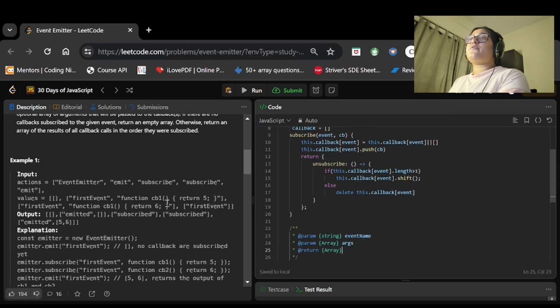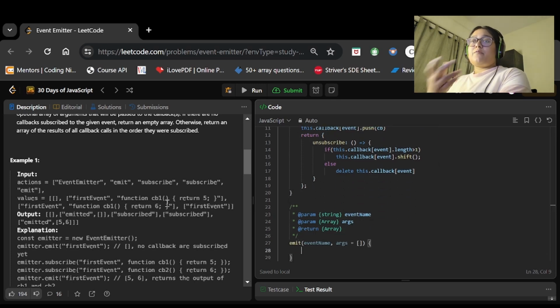Now for emitting the event, what we were doing: if the event has any value, then we will map it into an array, otherwise we will return an empty array. So we will check here if the value for the callback function exists, right, for that event name.